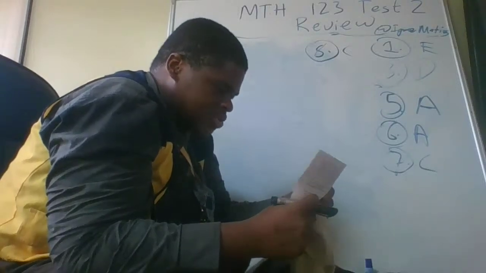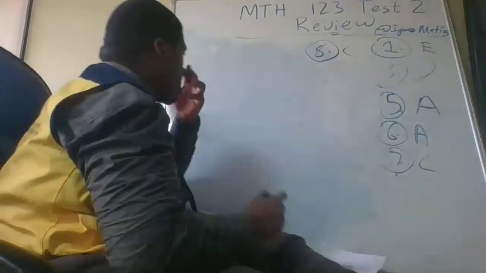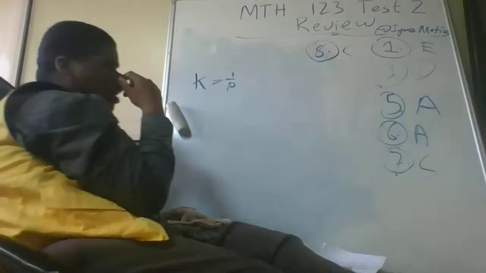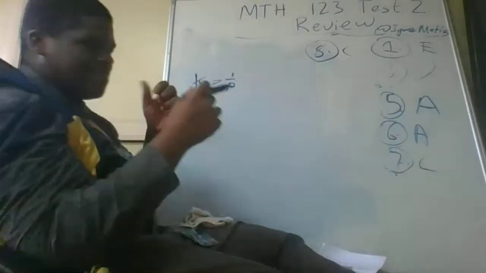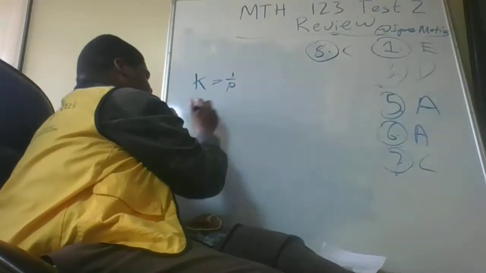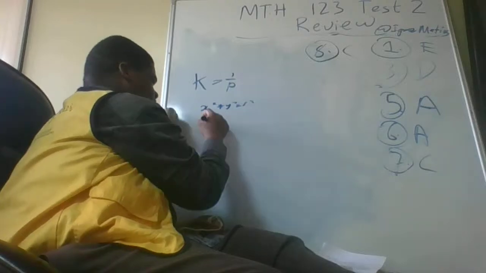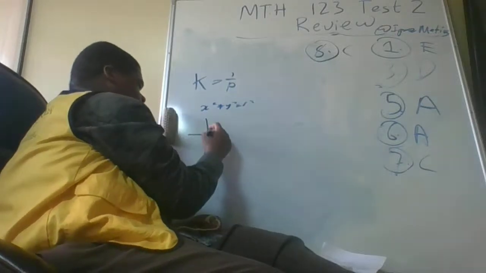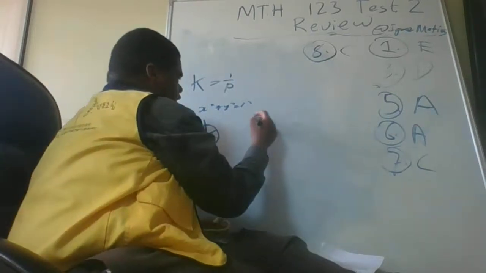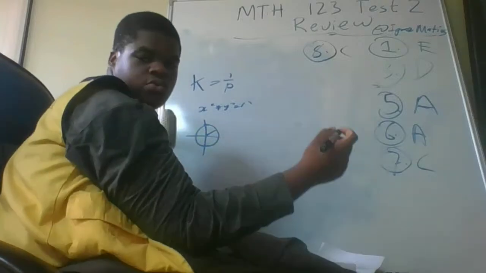The relationship between your curvature and the radius of curvature is k equals 1 over rho. Now, I'm not really a mathematician, but there's a way I understand this. If you have a circle, x squared plus y squared equals r squared, and the radius of this circle is 1, r is equal to 1. And you have another circle, x squared plus y squared equals r squared, and the radius for this circle is